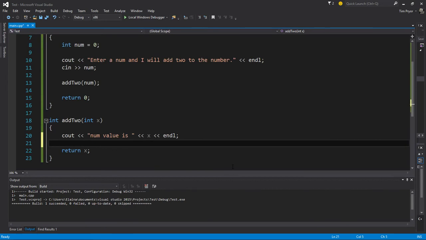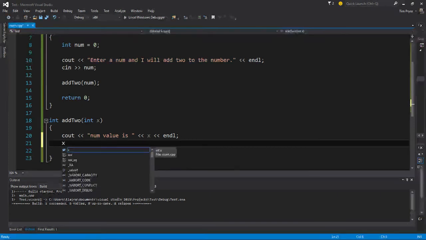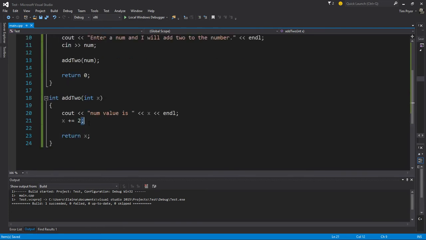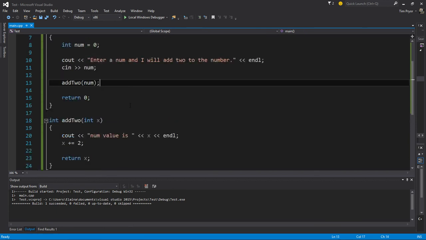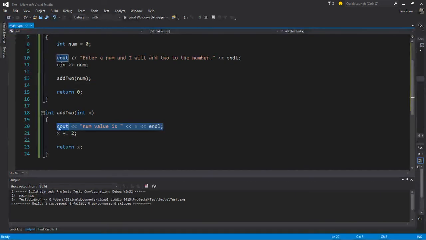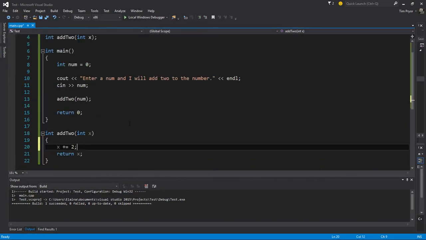So to do this, what we need to do is we need to have x, and we say x plus equals 2. How about that? That works, right? Okay, cool. So we now have x with 2 added to that number, and now it's being returned. Well, let's go ahead and output this value here. Let's go ahead and take away this statement here. Okay, let's come up here, and now that the function returns,